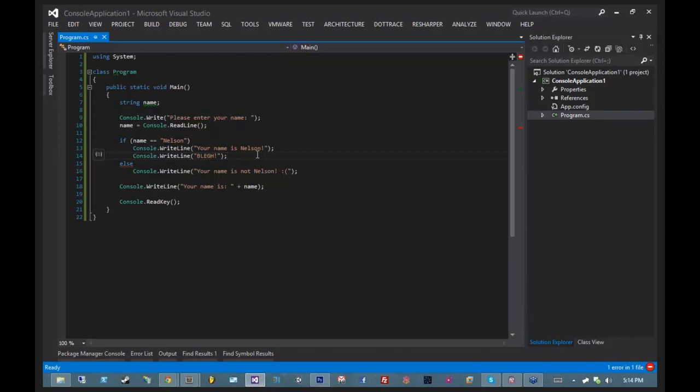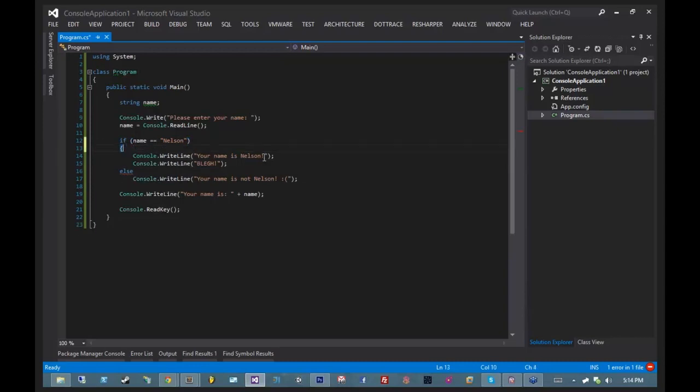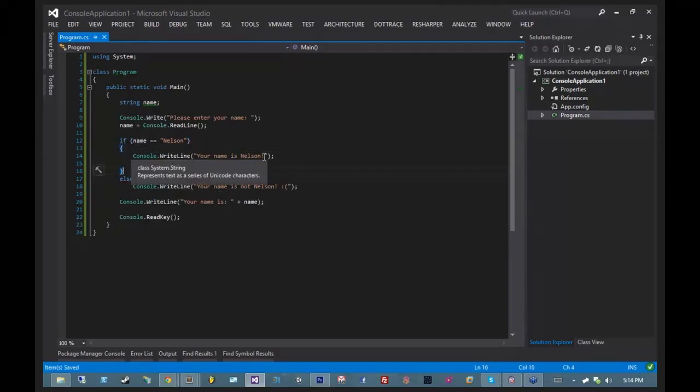Precisely. Since now we have multiple lines, this now needs to become a block belonging to the true evaluation of the if. So these two statements need to be inside of the curly braces, as you see here.